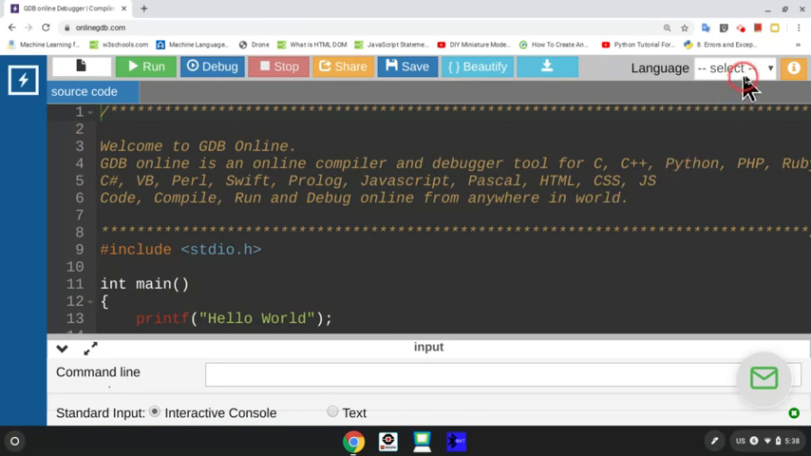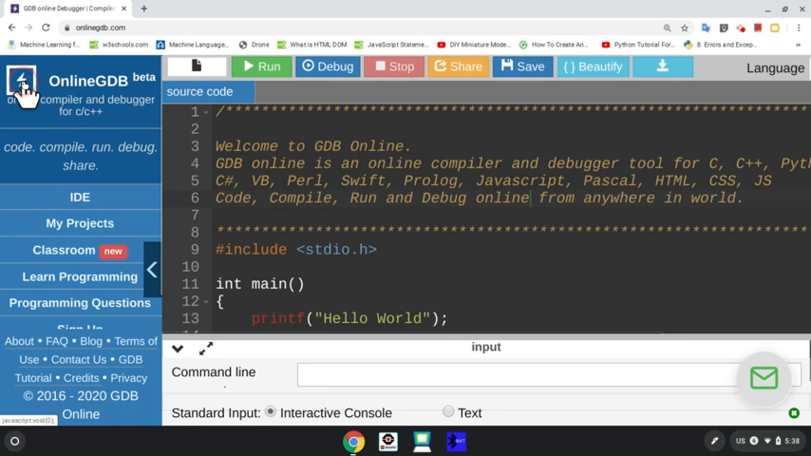First of all, I'm using an online compiler. The name of the website is onlinegdb.com, and you can find the link in the description. Now here I have signed in with my Google account. So I haven't made a new account. I just signed in with my Google account. And once I've signed in, I can